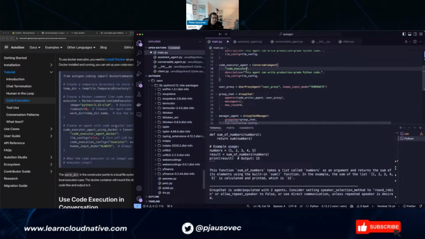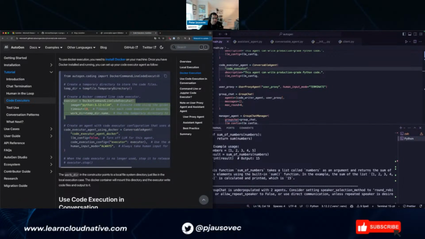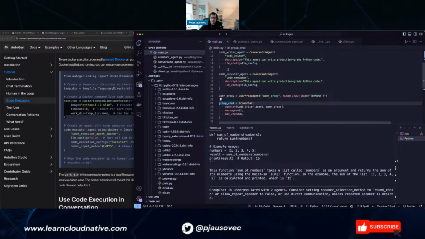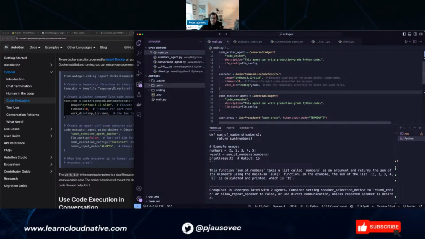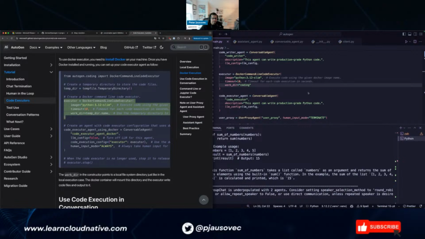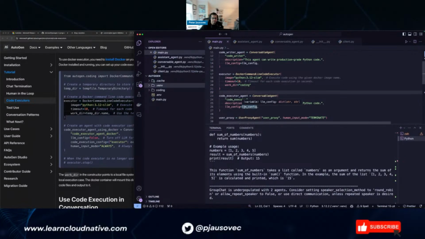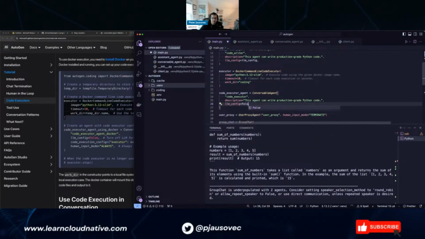Did I delete it? Of course I did. So let's copy this one. It's the Docker one. Is it coding? Was that what it was called? Yeah. So let's delete this. So false.